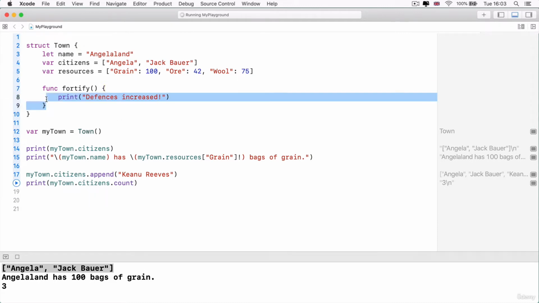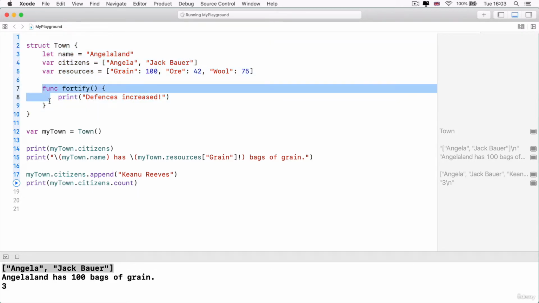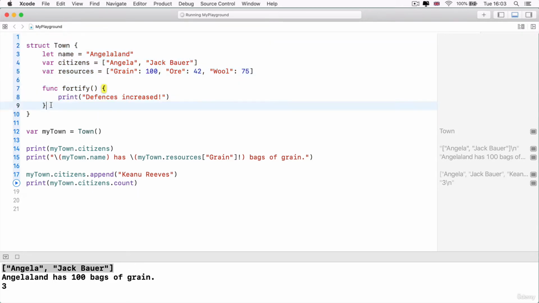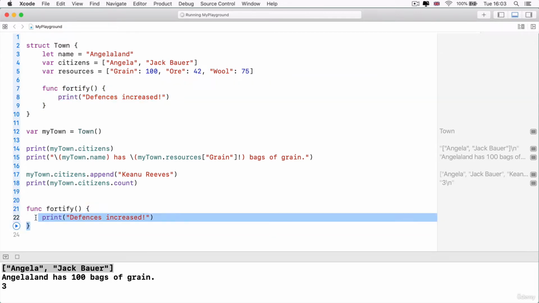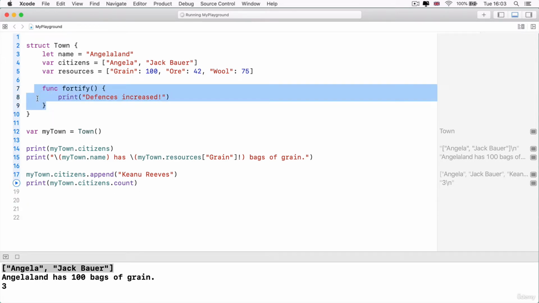But if this behavior was defined inside the curly braces of a structure or a class, then we would call it a method. But if it was standalone, free floating somewhere, then we would call it a function. At the end of the day, it's just defining behavior, something that it can do.